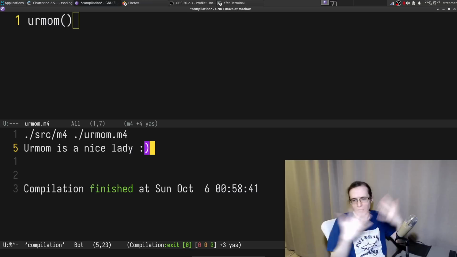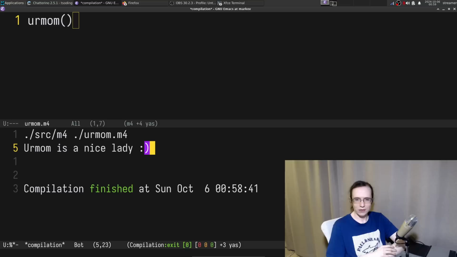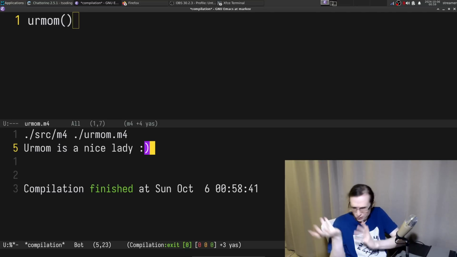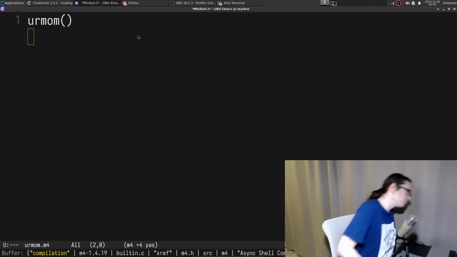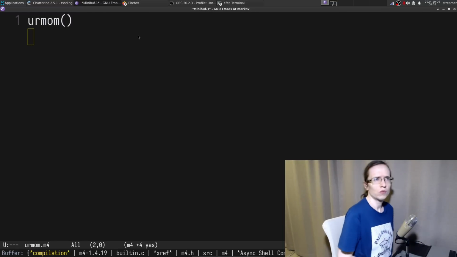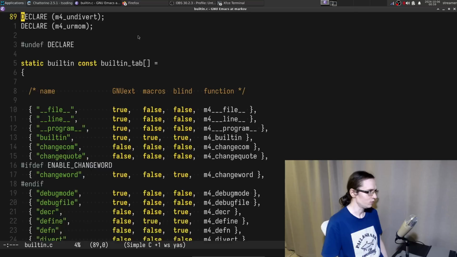Isn't that fucking poggers, my friend? That is freaking poggers. So yeah, I'm qualified to actually maintain M4, I suppose, because it's relatively easy, it's relatively straightforward. But I'm kind of curious, how do you like actually issue tokens? Because it just printed it to the standard output, but is that sufficient even? I don't know.